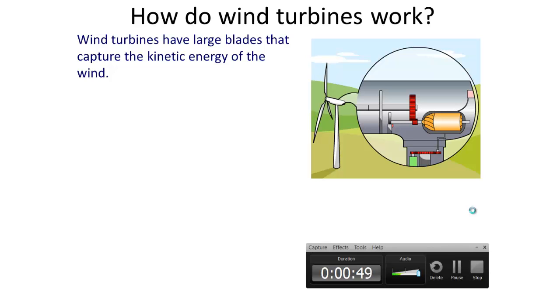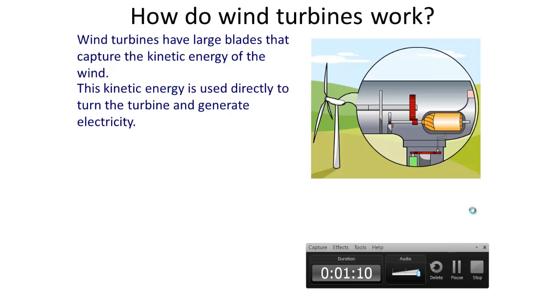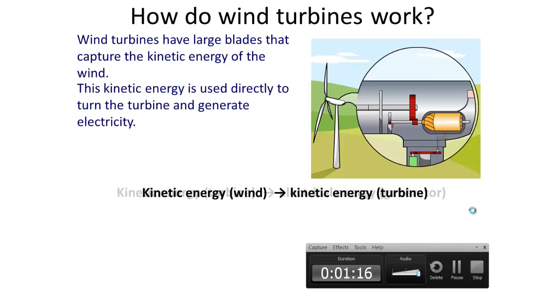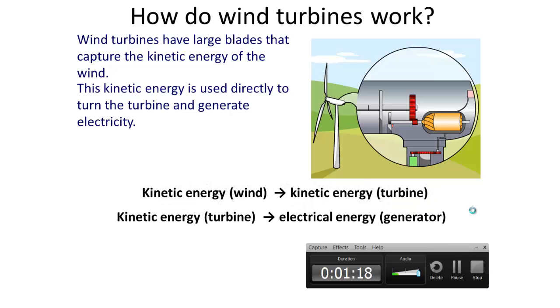They have large blades that spin round because they're basically pushed by the wind. The kinetic energy of the wind pushes the turbine, and so it gets converted into kinetic energy of the turbine. Then the turbine is connected to the generator, and the kinetic energy of the turbine is converted into the electrical energy produced by the generator. So we produce electricity. So kinetic energy to kinetic energy, and then kinetic energy in the turbine to the electrical